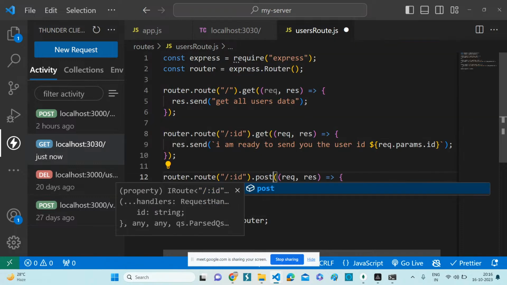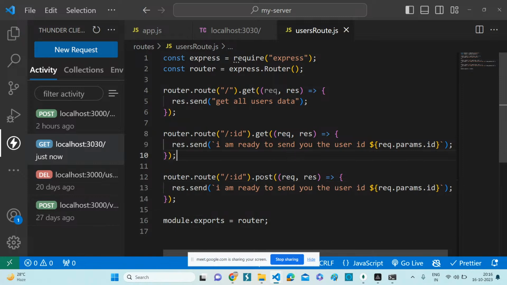So here, if you want to go with a post method, just update that method name as post. And whenever we are posting some information, we will pass the ID. Do we pass the ID? No, right? Because it should create